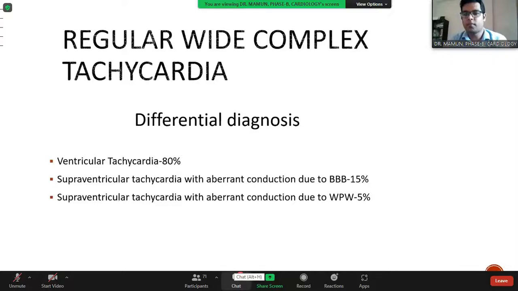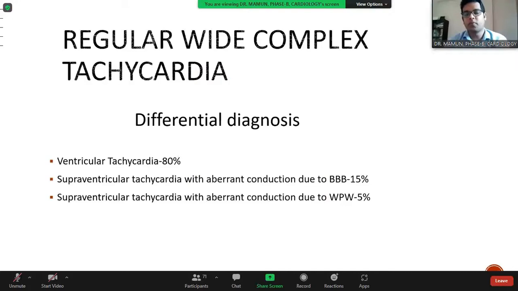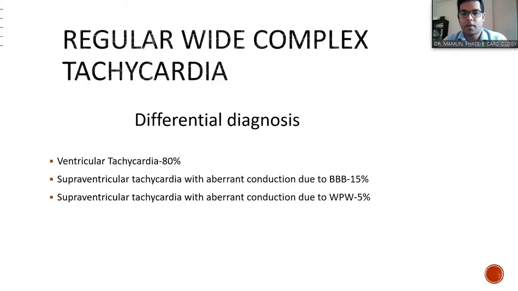Branch block, that is 15%. Bundle branch block may be due to pre-existing bundle branch block or new rate-related bundle branch block. There are also supraventricular tachycardia due to Wolff-Parkinson-White syndrome. Besides this, there are also other wide complex tachycardia regarding